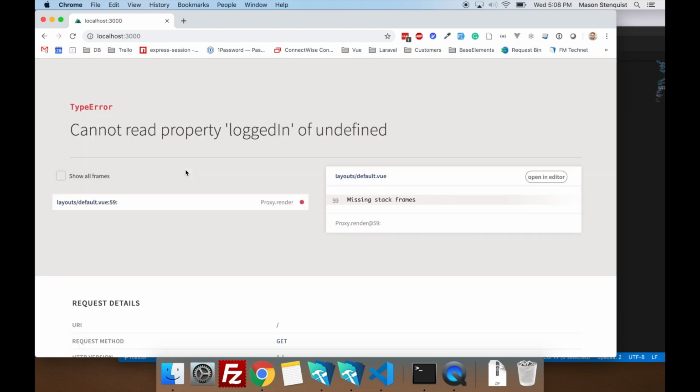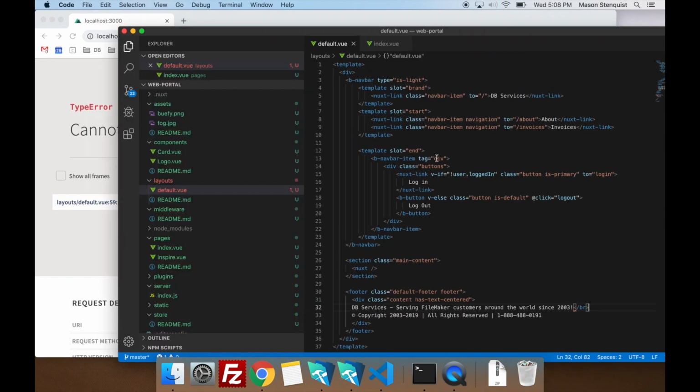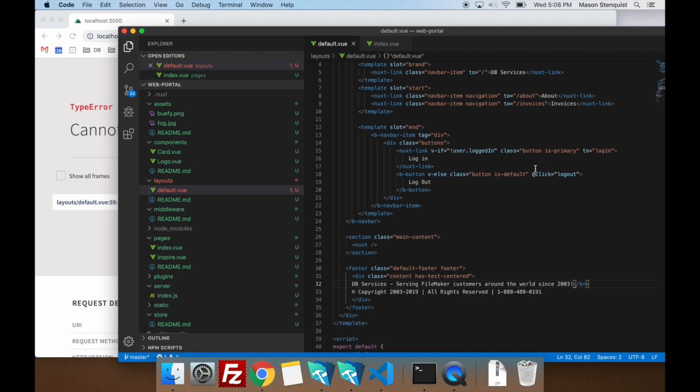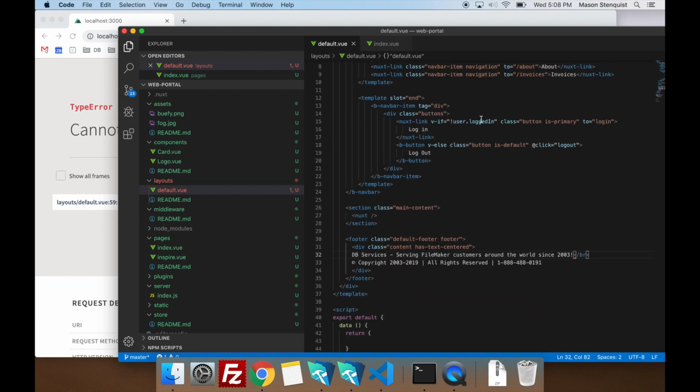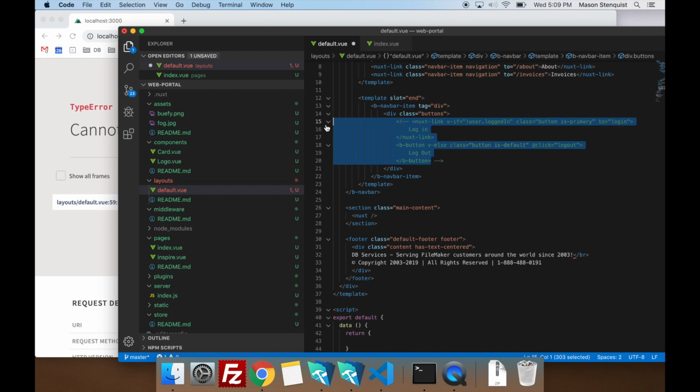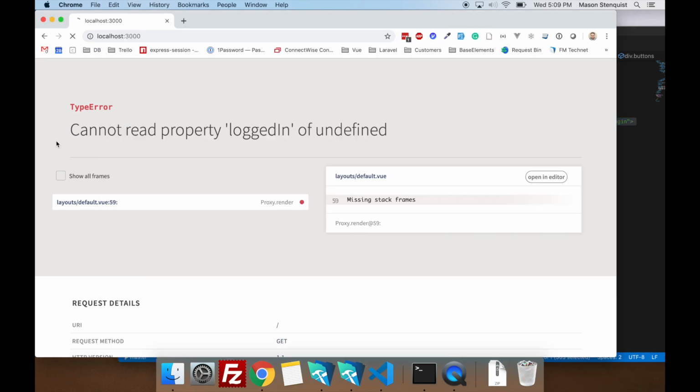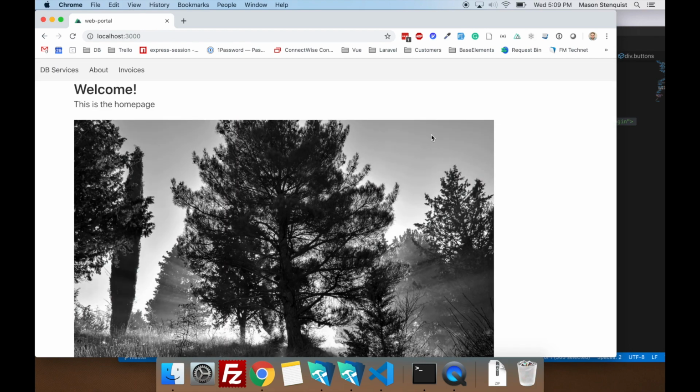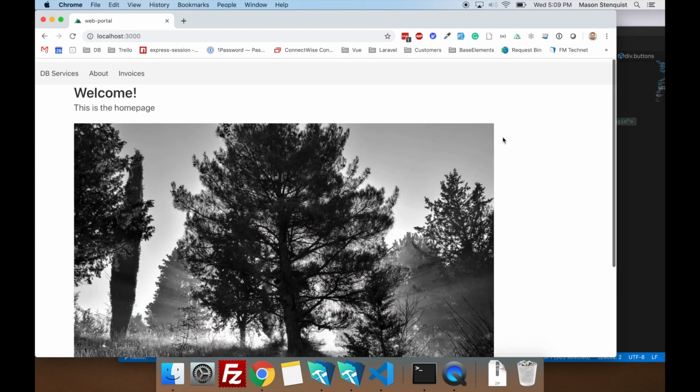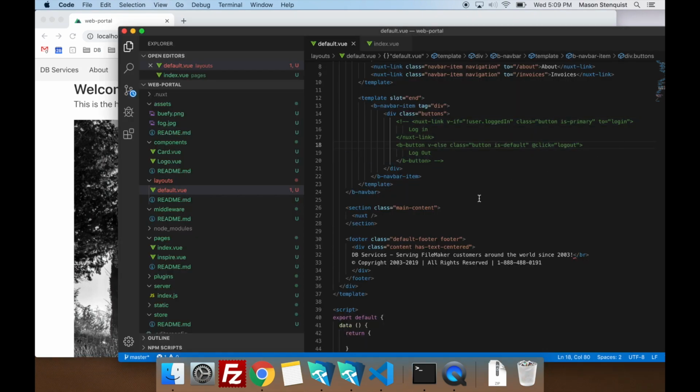So when it loads, we have a couple things in here. We're checking if a user is logged in to determine whether we should show them this button, but we haven't built that yet. So we don't have the buttons yet, but we'll enable those again later.